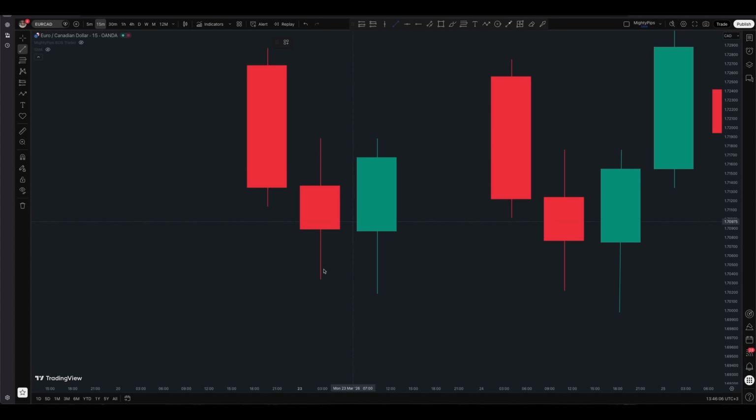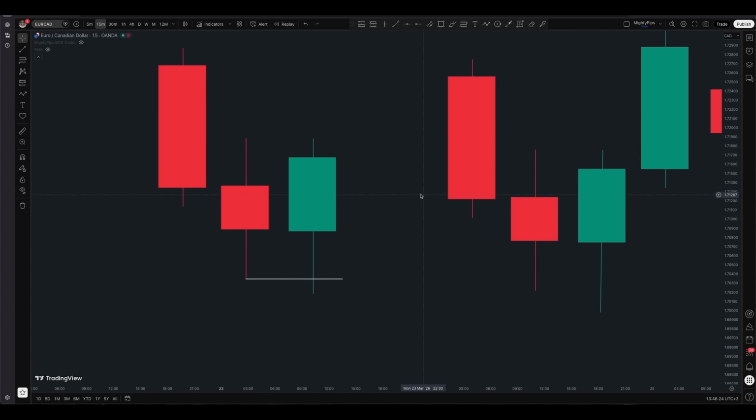So something like this, if you see something like this in the market, that is going to give you a very high probability trade. So when you see something like this, a bullish candle creating a low that breaks this candle's low but closes bullish, you know that this is a high probability setup. So what you do there is you will mark that candle's close and mark that candle's low at the bottom